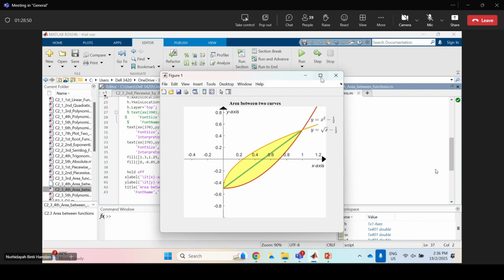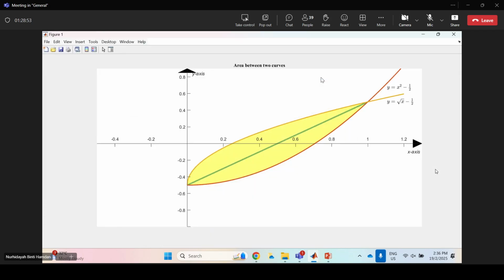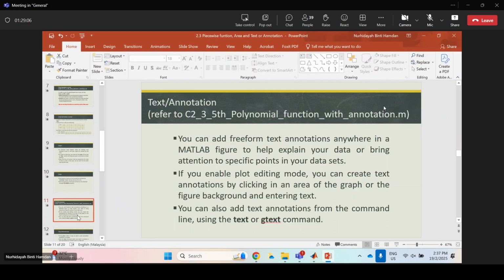Everyone get this graph? I cannot walk to you one by one until now because we need to write. Tomorrow we have a quiz. But maybe the last question or practice question we can do it. Okay, next is